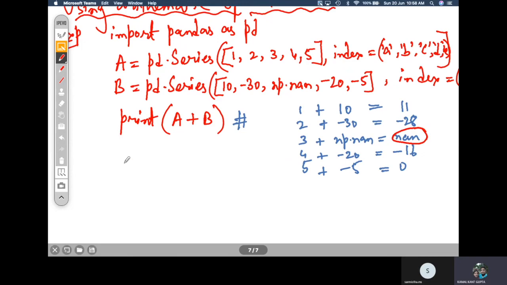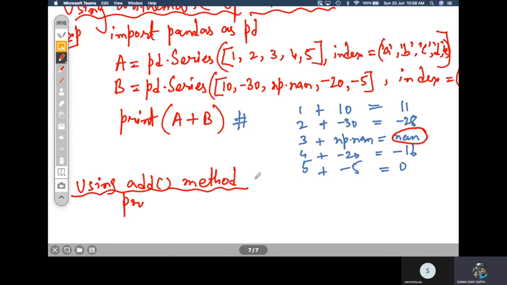So the second way is the add method, using the add method to add. In the same problem, I write print a dot add. You call the method from one series object, and you pass another series object as a parameter.